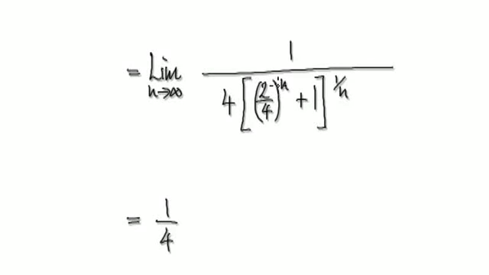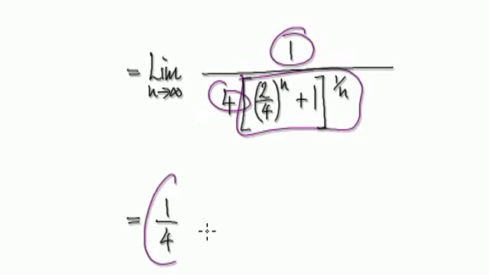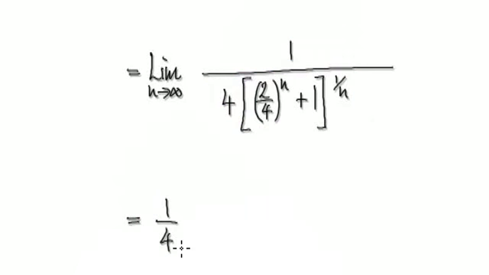And now as n tends to infinity, you've got a number that's less than 1, and if you keep on multiplying, this is going to head towards 0. We've seen this in the past. And then you've got 1 here. 1 to the power of this is going to be 1. This whole thing here is going to head towards 1, and then you've got 1 over 4. So the limit is 1 over